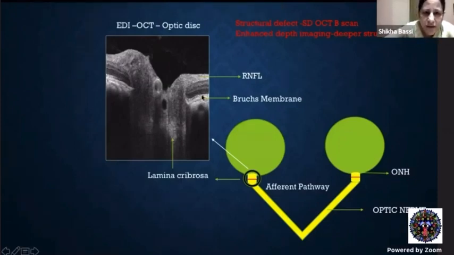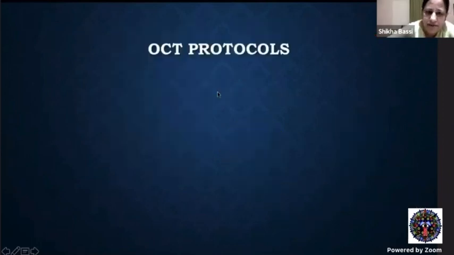Now here I'll also briefly tell you about the retinal layers. You can see the two dark layers here. This is the outer nuclear layer and this is the inner nuclear layer, these two dark layers, and this is the retinal nerve fiber layer. In between the dark layers are the plexiform layer, the inner and the outer.